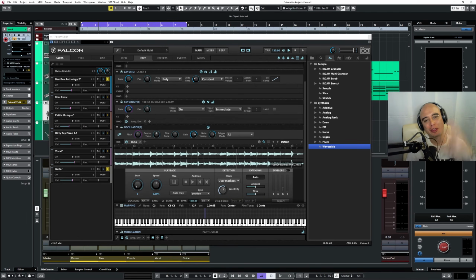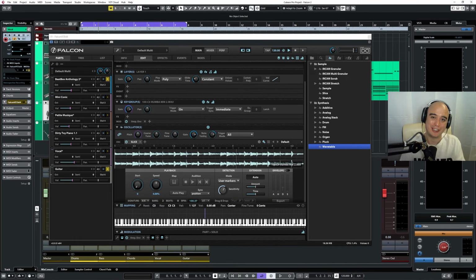Okay, so reason number 3 why this is the only plugin that you need to make a track is the effects. Now, the effects that come inbuilt with Falcon 2, so no add-ons, these come with the synth itself. You can use them to mix an entire track, you can use them to sound design an entire track, everything you want. So let's have a quick look at some of the effects, and then I'll show you how I